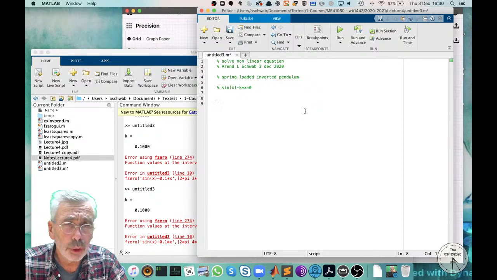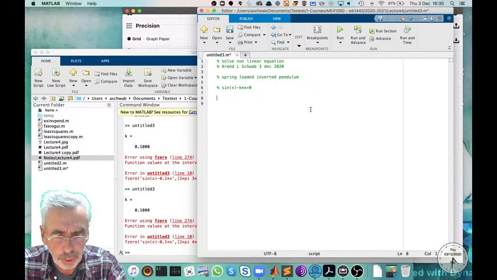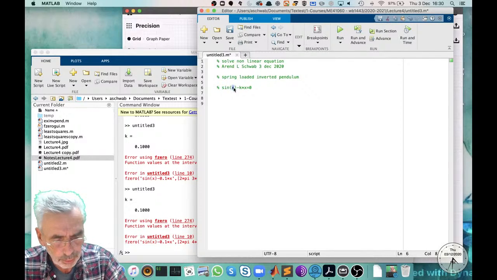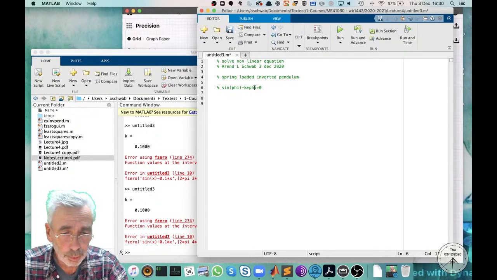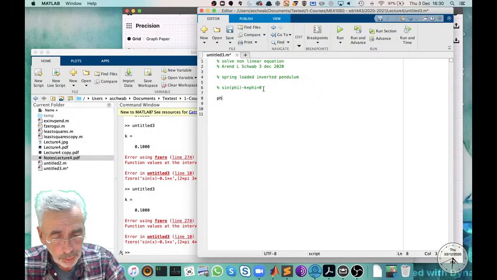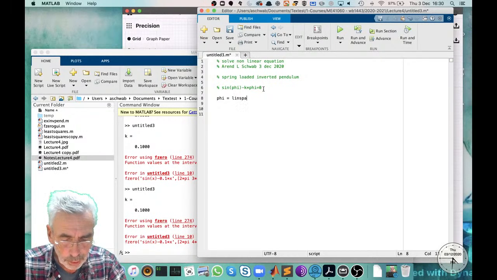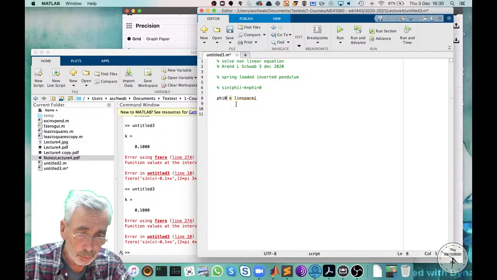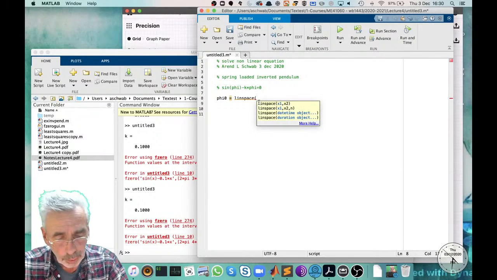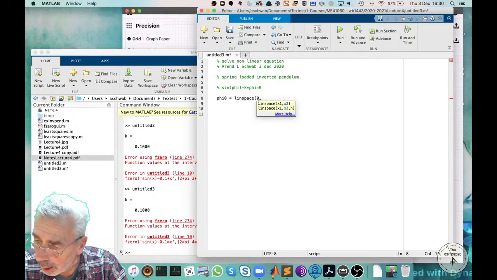We now generate the whole set of angles, so we call this x, well, maybe we should call it phi. Let's call it phi. That makes it better. The code is better to understand. Then we say phi equals, well, we make a linear space out of that, and it's phi 0 actually, because it's all these equilibrium conditions. And then we start at 1,